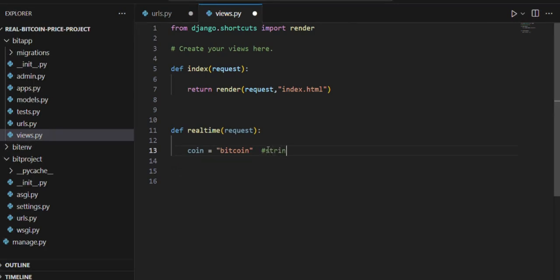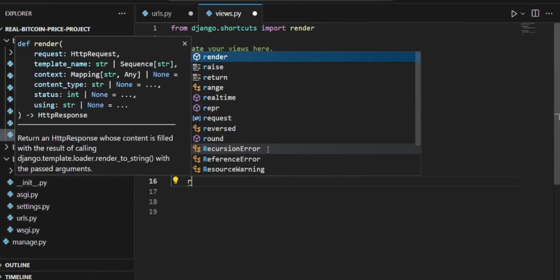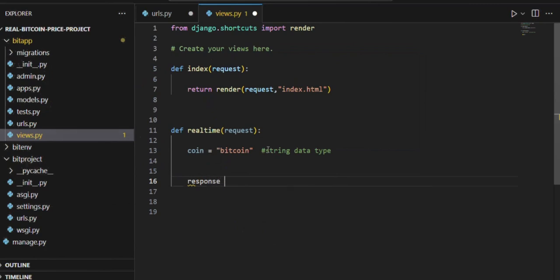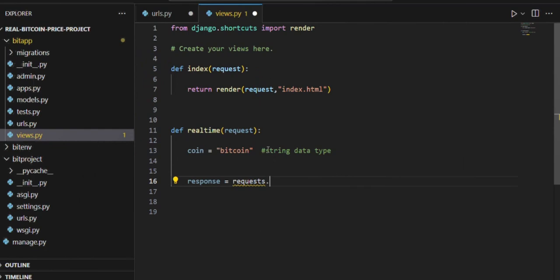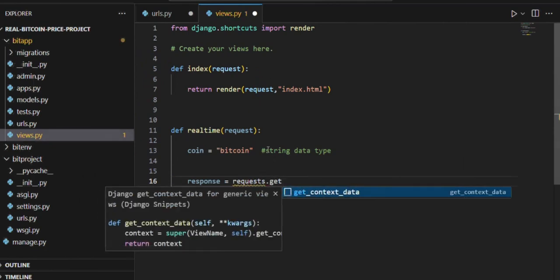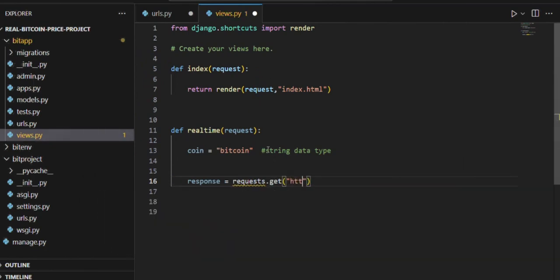So if you don't know much about data types, I'll put my full tutorial on Python for beginner level by the side of the screen here, so you can watch whenever you have your time. So yes, at this moment I have to install some packages like request. Just watch what I'm doing here. I'm setting up the endpoint. I'll be doing the readtime